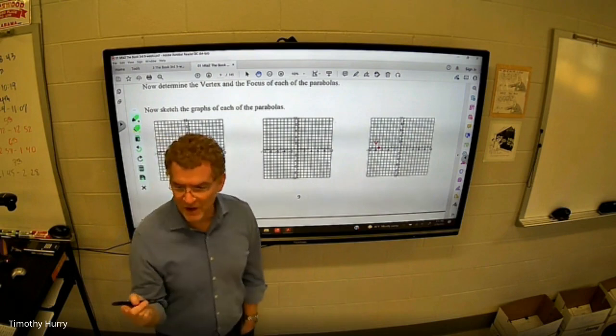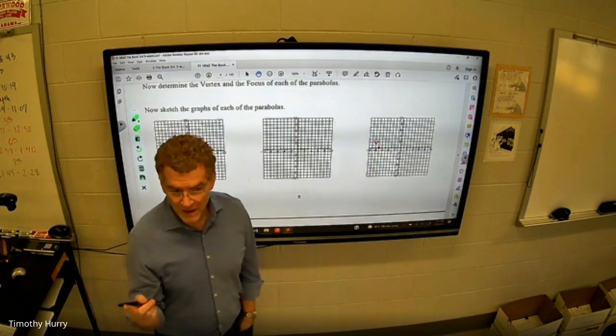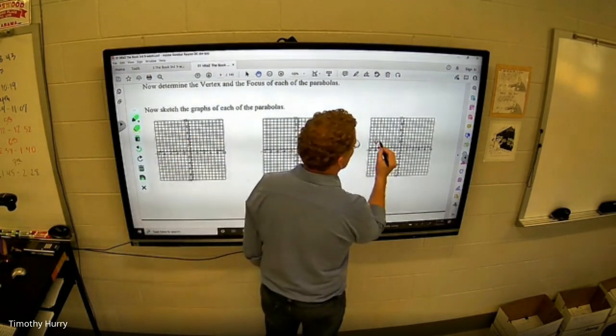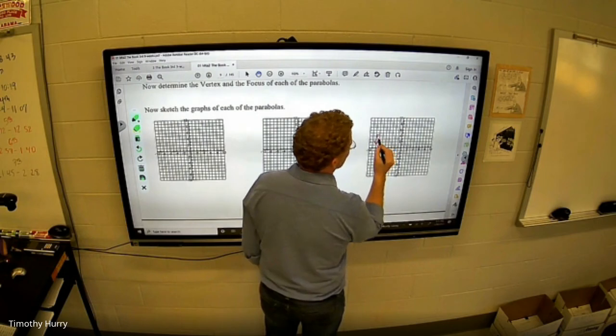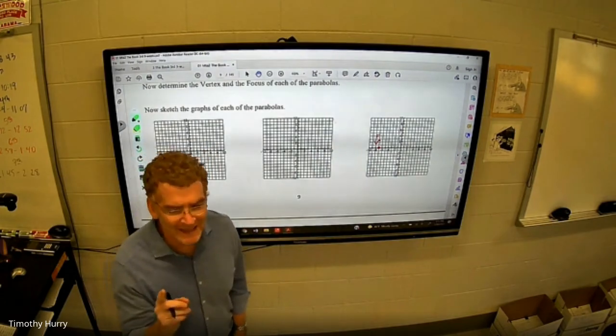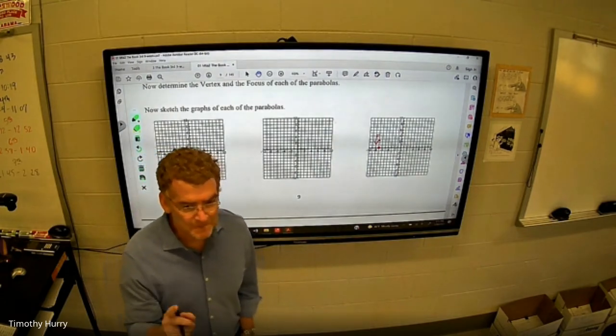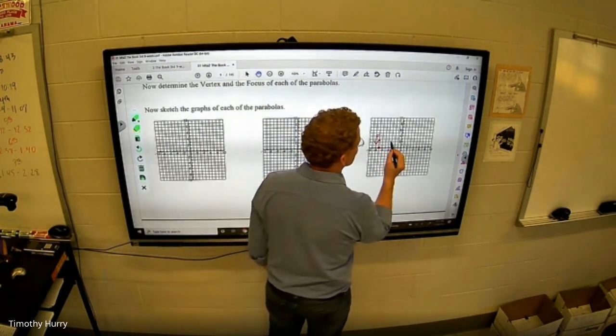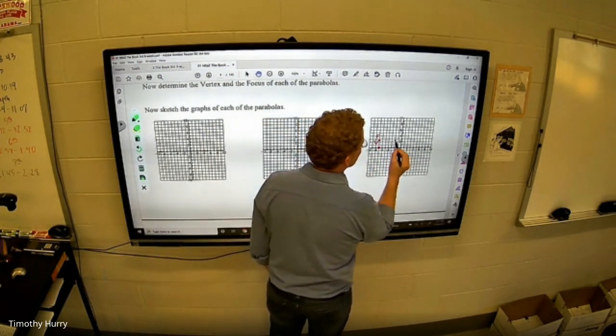Which direction was the graph going? It opened up because A was positive. So I'm going to go up 1, 2.5. So right there, there's my focus right there at -7, up 2.5. And what was my latus rectum length? 10. So I'm going to go from there to the right, 1, 2, 3, 4, 5, and to the left,